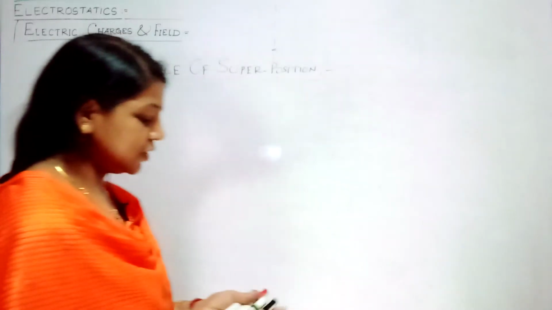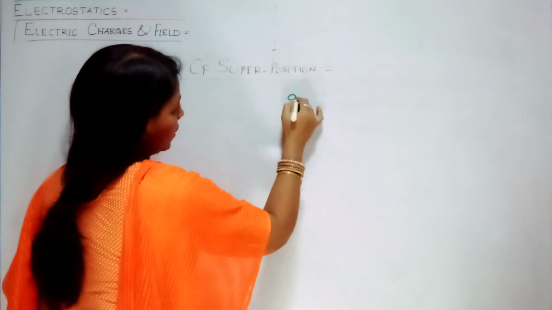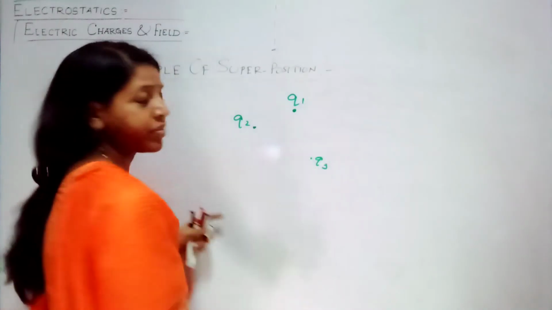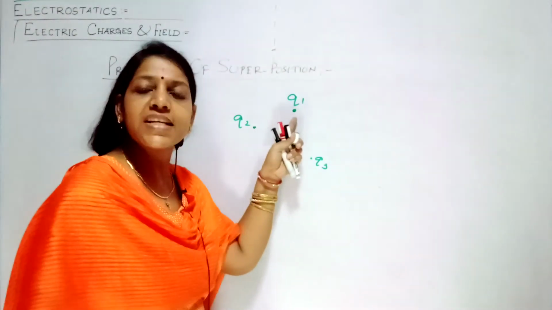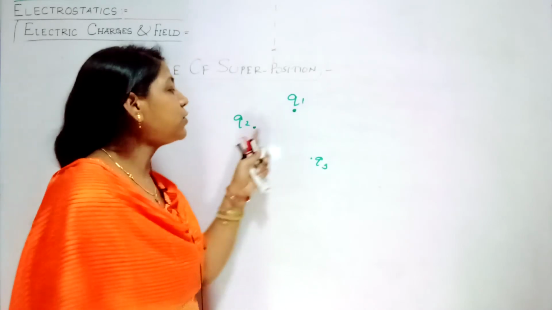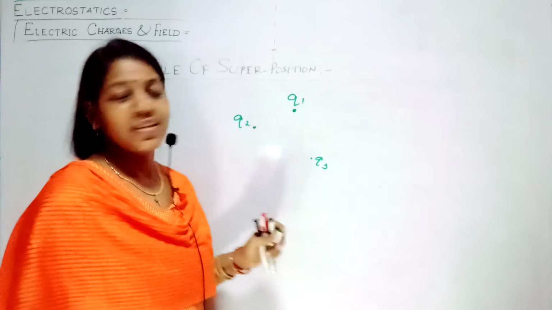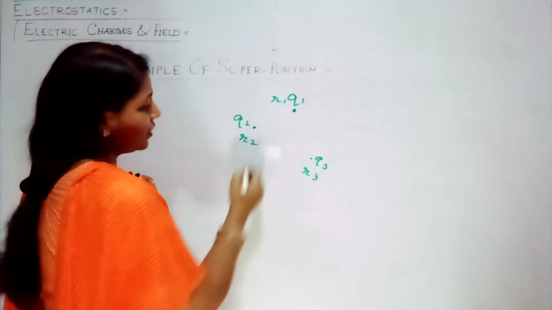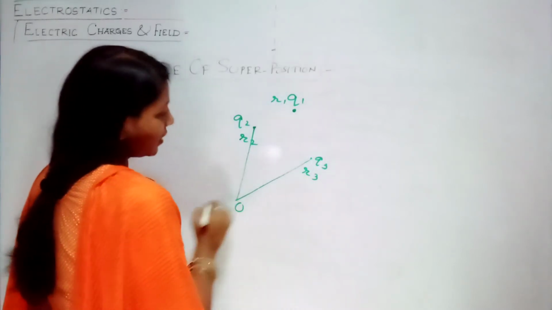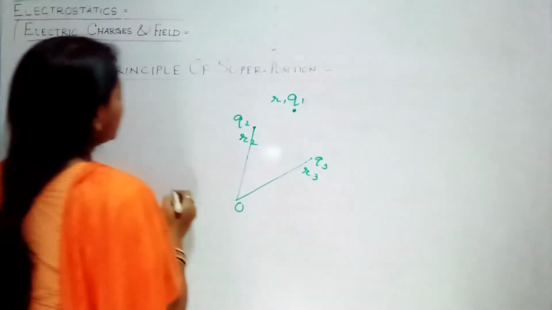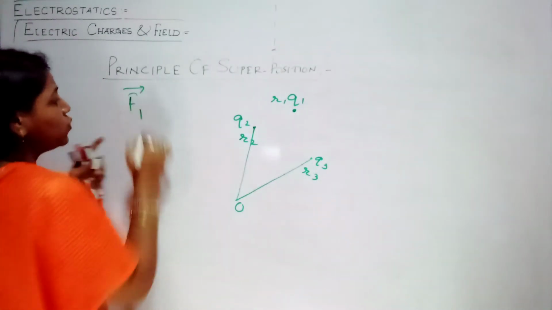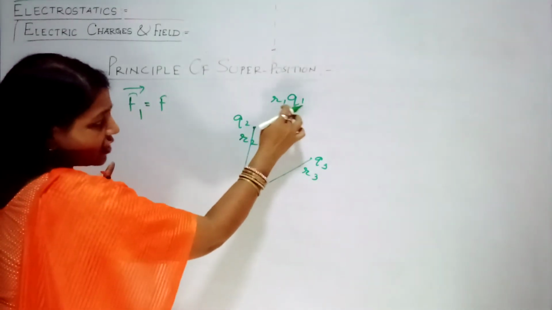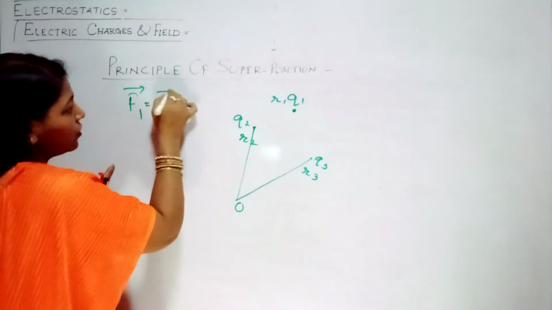Clear? I'll show you in terms of a diagram. Imagine this is your charge Q1. Now I am keeping charges here Q2, here Q3. I want to know how much is the force experienced by this charge Q1 due to charges Q2 and Q3. So let the position vectors be R1, R2 and R3 with respect to the origin, which you can take as a reference. So this is your Q1. The force experienced by charge 1 I am writing as F1. This is nothing but the force experienced by charge 1 due to charge 2, which I will write as F12.